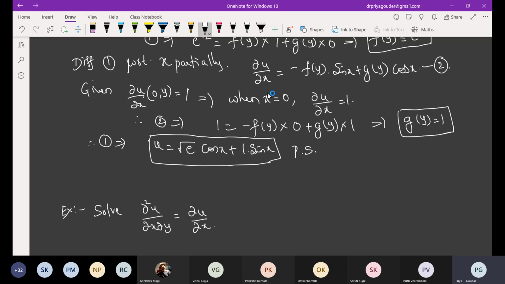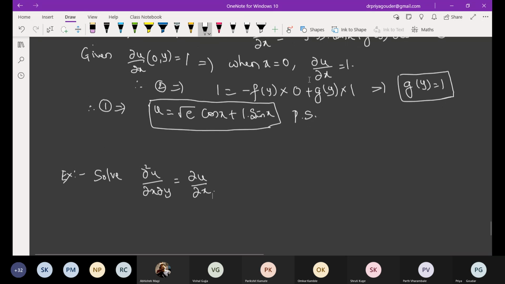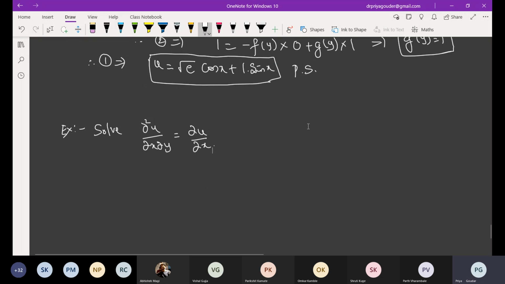Actually, we cannot solve this type of example under this heading. Why? Can anybody tell me? It has two independent variables, and one more thing, it is non-homogeneous. But they have given some extension. Write down, by using the substitution dou u by dou x is equal to v. This substitution will help us to get rid of both the restrictions. Let us see how to do it.